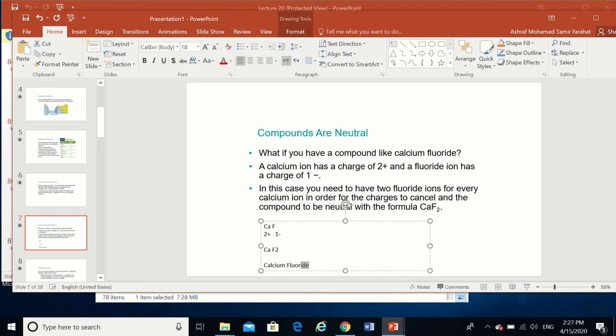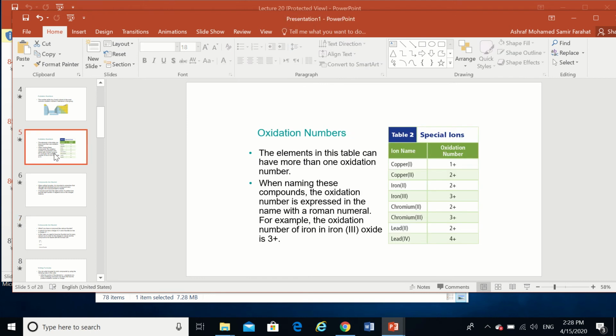Okay, so now we have learned 2 things. We have learned how we can start from the chemical name calcium fluoride and get the chemical formula CaF2, or start with the chemical formula CaF2 and get the chemical name. Now let's try to apply this to the special ions with more than